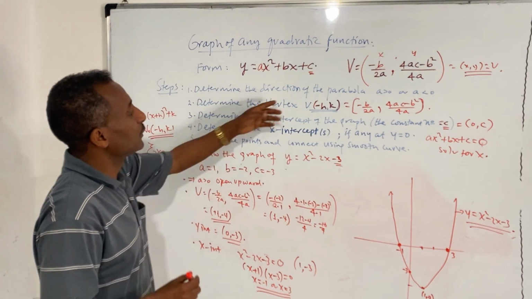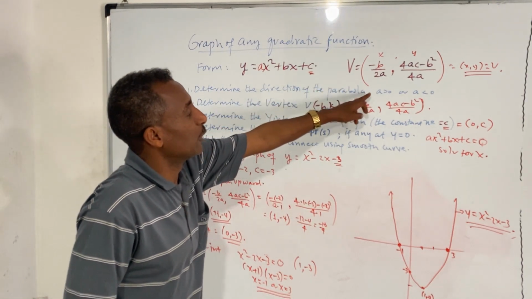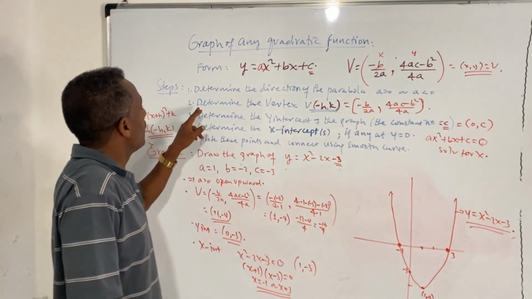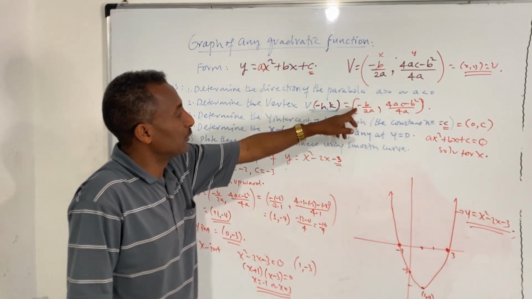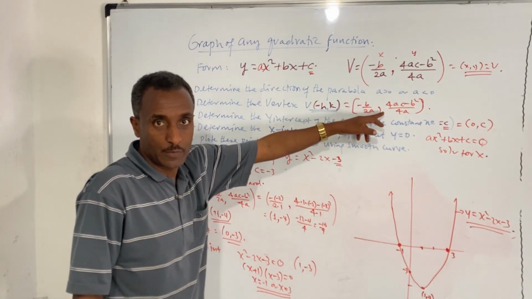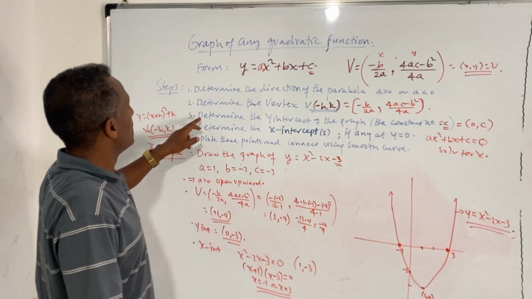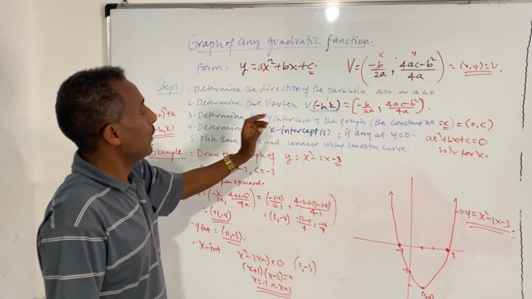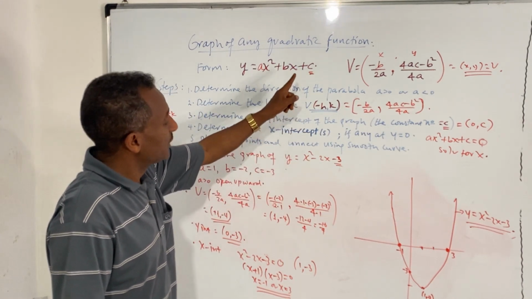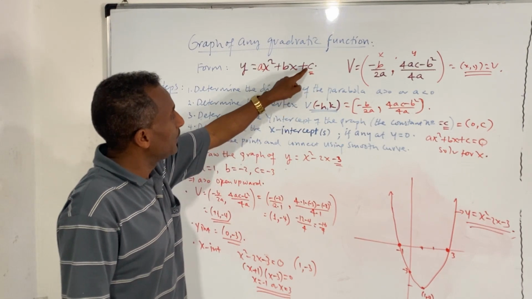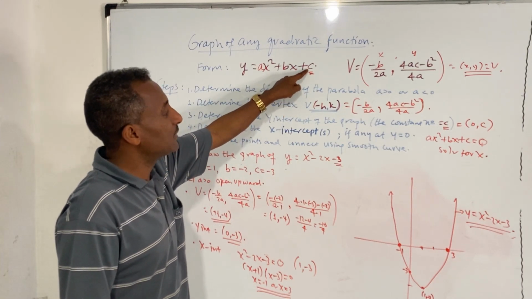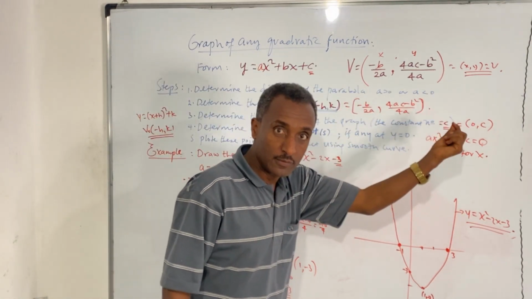First, we have to determine the direction of the parabola based on the sign of A. Second, we have to determine our vertex using this formula. Keep it in your mind if possible. Determine the y-intercept. The point at which our graph crosses the y-axis will be at C, which means (0, C) is one point of